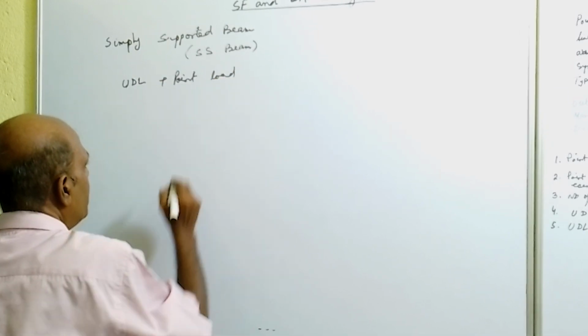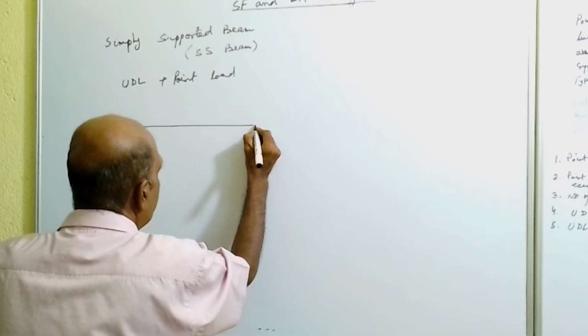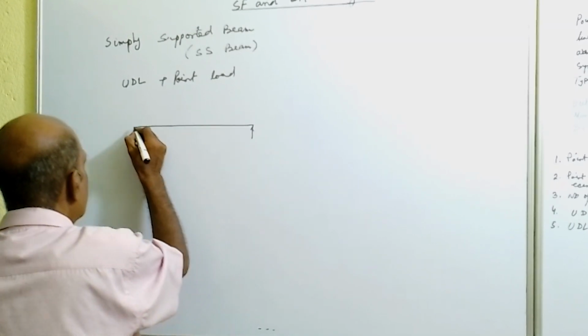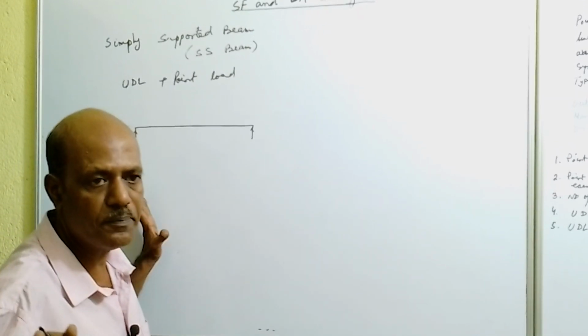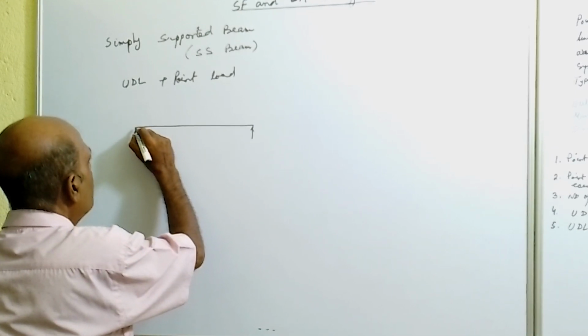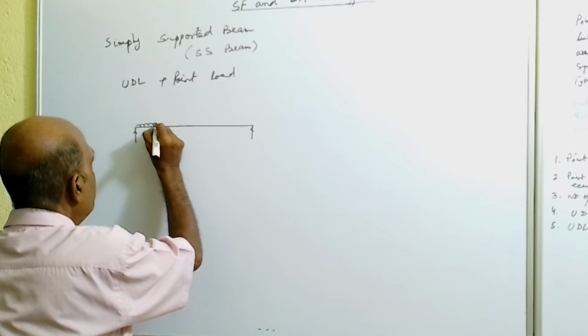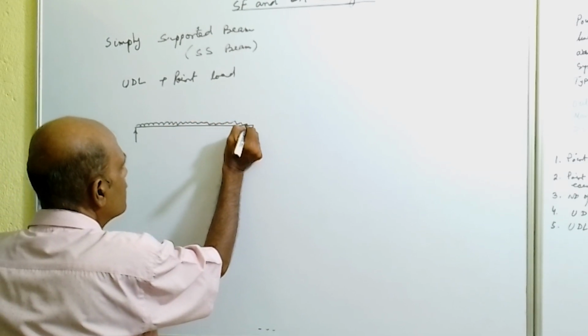So when the beam is under UDL plus point load, let this be the beam, a simply supported beam resting over two end supports, and the whole part of the beam is loaded with say UDL,